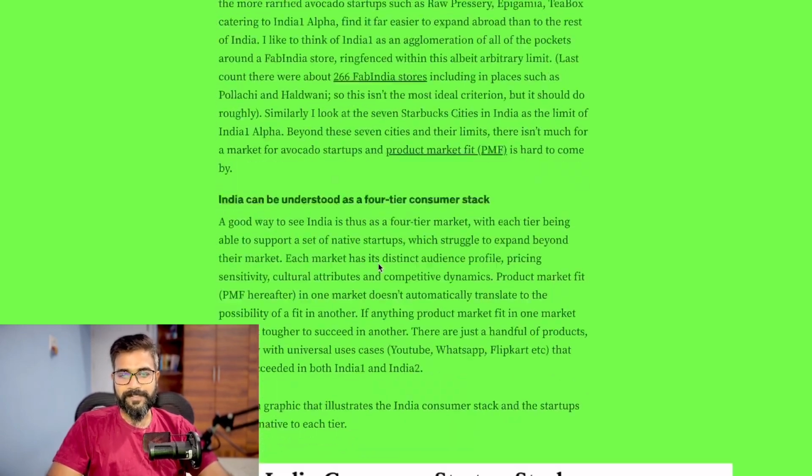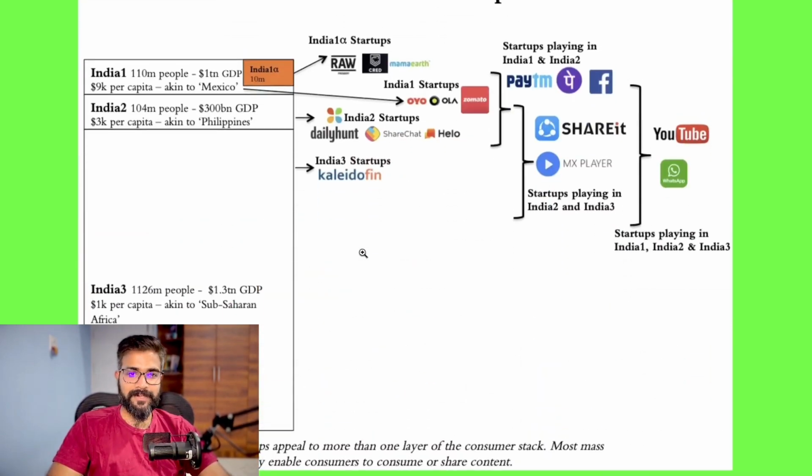He talks about this, right? But he talks about that the same India 1 people, which brings in the most amount of money. Among them, there is a set of 10 million people, like 1 crore people, which are the richest of them all. And all the top startups, which are really profitable, target India 1 Alpha, like Raw, Cred. In fact, Cred's entire customer base is the entire high ticket market that we are looking for, right?